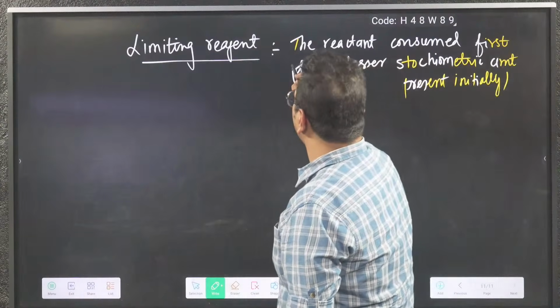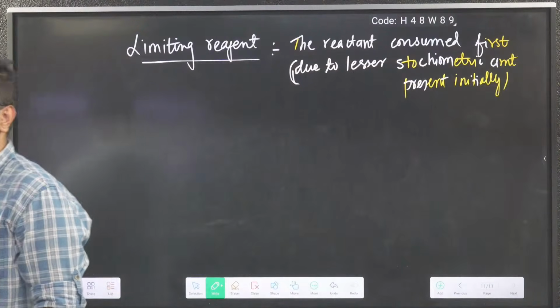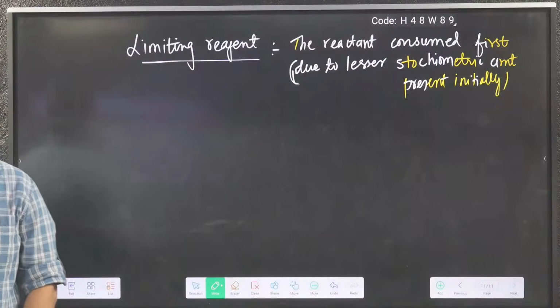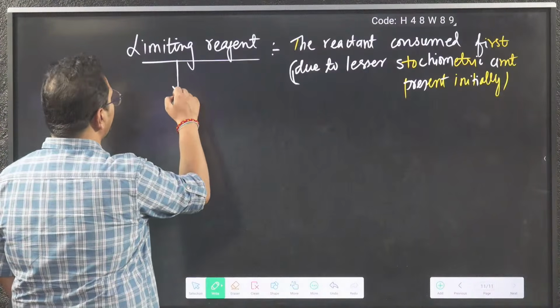This thing in the bracket you can write. The simple definition you can keep in your mind: the reactant consumed first is the limiting reagent, and the limiting reagent decides